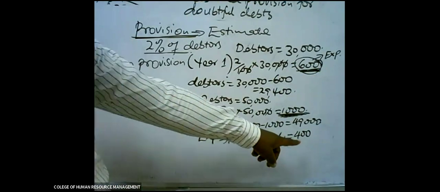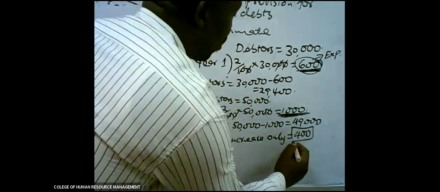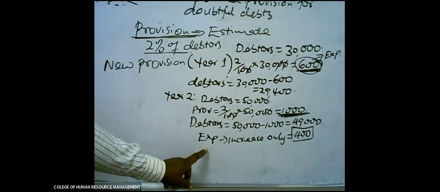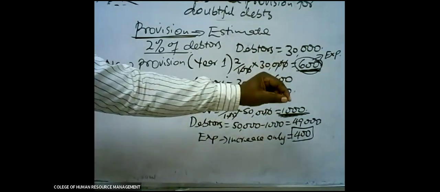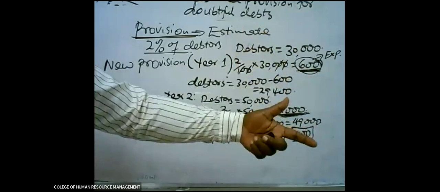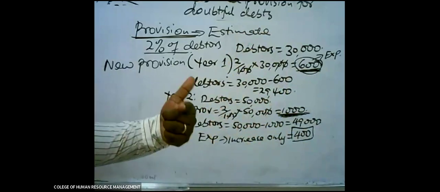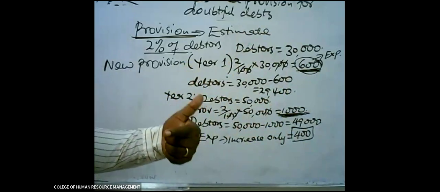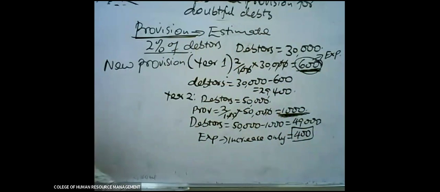So this 400 is what you are going to consider as an expense, not the whole 1,000. So in the first year, the whole provision is an expense. But in the subsequent years, the expense amount will only be the amount by which the provision has increased from the previous. So if I go to year 3,